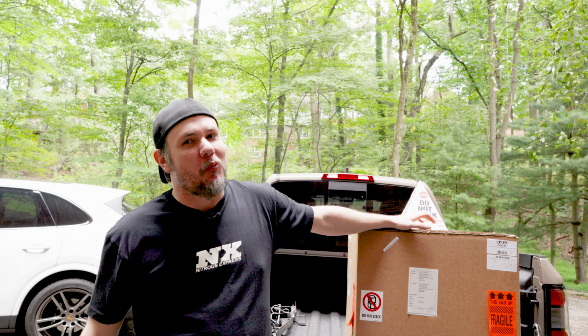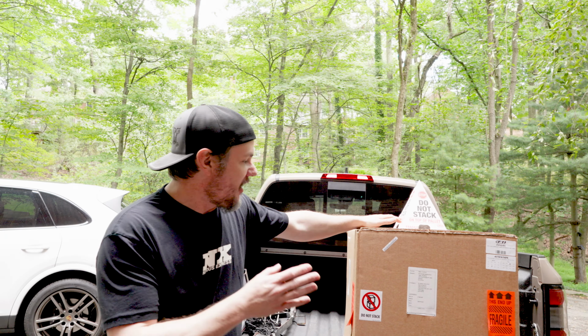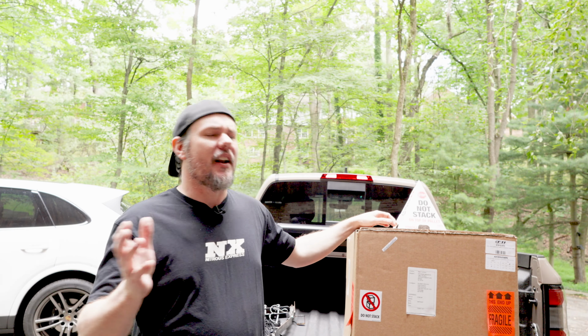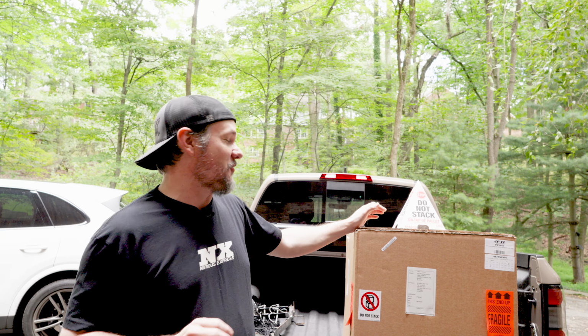What's going on, everybody? Welcome back to the garage, and you heard me right. We are unboxing a new Power Glide for the Smoke Monster, and I know what some of you are saying. What happened to the other Power Glide? Nothing. The transmission is one of the only things that we have not had any issues with on the Smoke Monster,